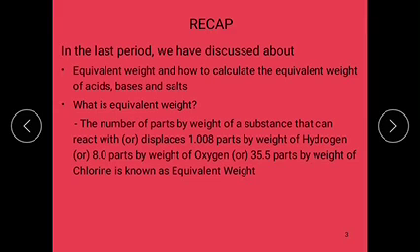In last periods we have already learned about the concept of solution, solute and solvent, and also we discussed the classification of the solutions based on the physical state and based on the dissolving amount of solute. Based on the physical state, there are three types: solid solutions, liquid solutions, gaseous solutions. Further, those can be divided into nine types.